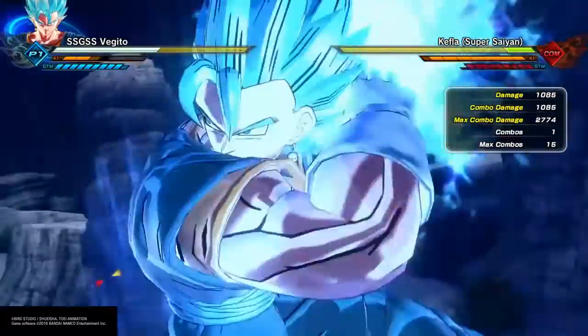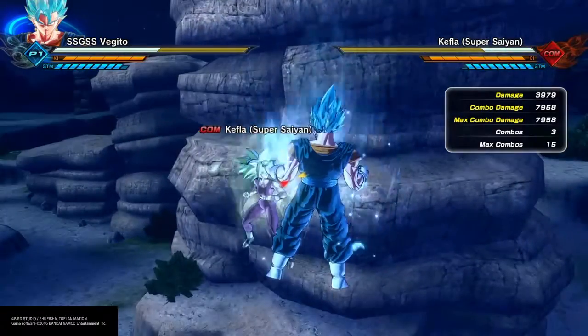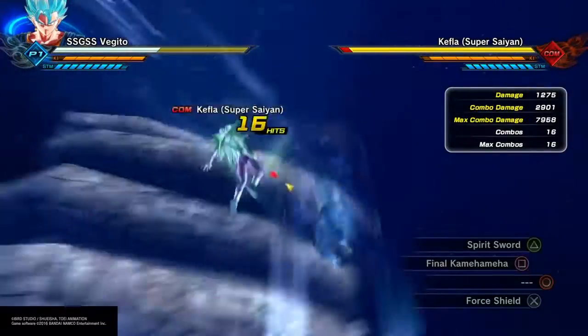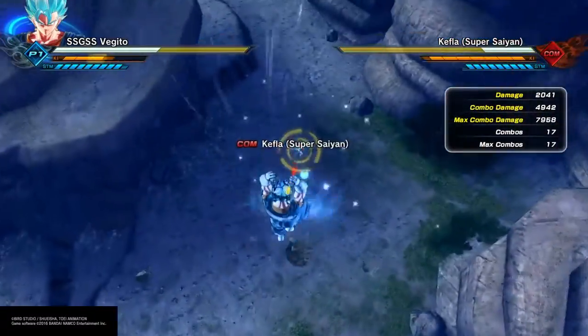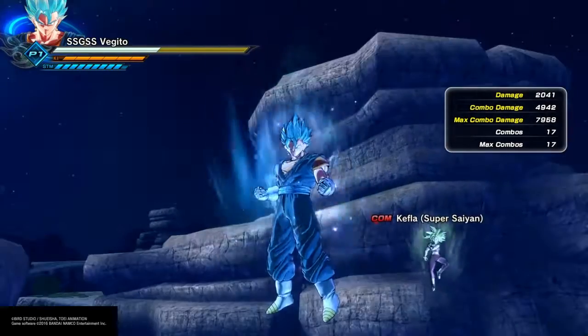I mean, just look at that. Look at that. Look at it. Like, huh. So you can't connect off that. That's good to know. Anyway, yeah, we're just gonna have to go with Vegeto because he does far more damage,